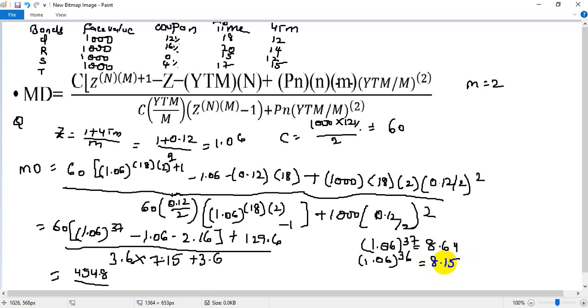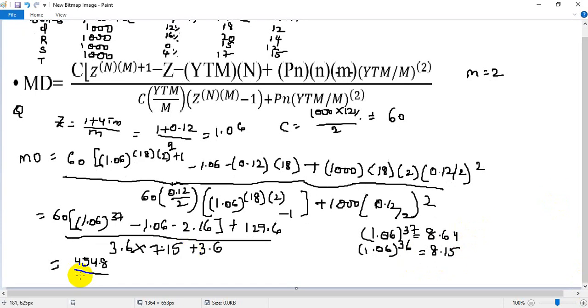So now if you calculate this in the numerator, in the denominator what you get is 29.34,